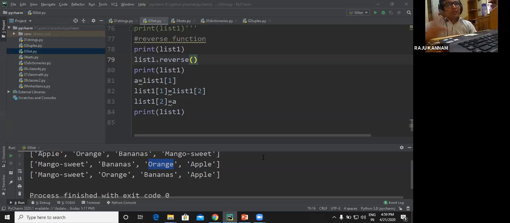Otherwise, I'll continue the Python. My intention is to cover all the basic concepts, how to work with Python, even arrays, strings, and if you are interested, we will also discuss how to work with SQL from Python.